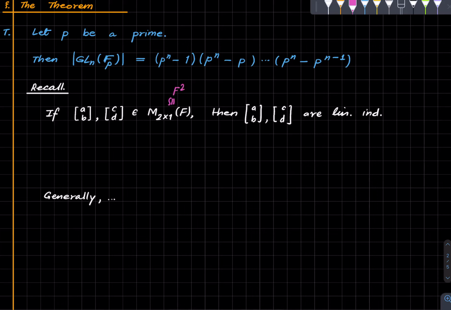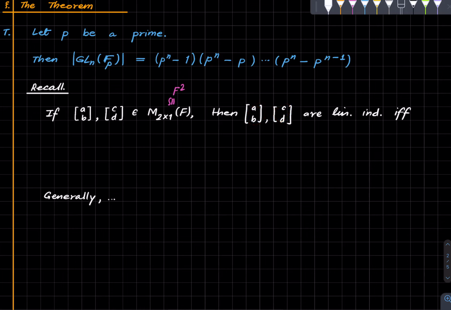It's just another avatar of F2. When we say F2, we just write things in 2 coordinates. Here we are writing columns. That's the only difference. So this is a vector space. You add two such things, you get something of the same type, and you can scale with scalars from the field F. So this is a vector space, and hence once we are given two things, we can ask for their linear independence. And from linear algebra, we know that these are linearly independent if and only if